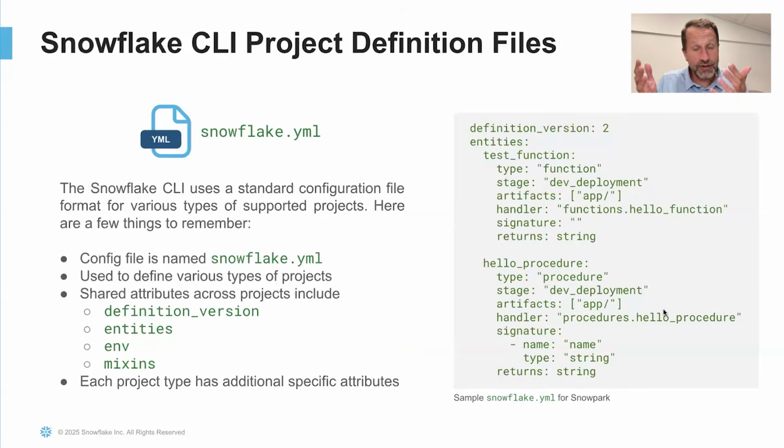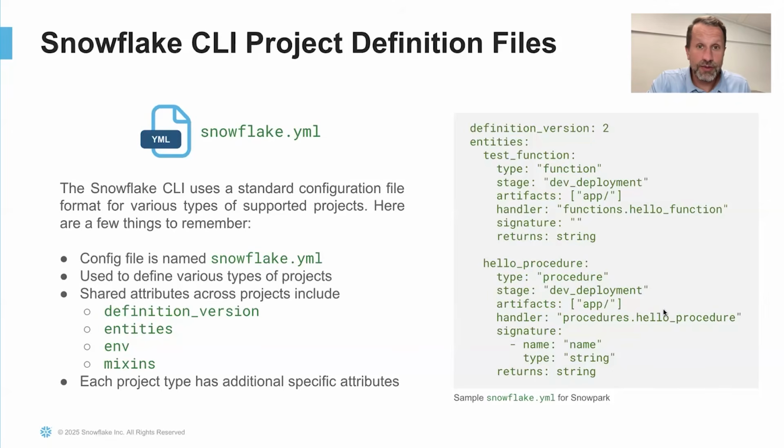So if you're working with Snowpark, you're going to have a config file that has attributes about Snowpark objects. If you're working with a notebook, you have things about a notebook. So various config files for that. With DBT projects at the moment, there's not a dedicated Snowflake YAML file. The Snowflake CLI tool doesn't need that for the DBT projects. But for all the other types you're going to be using and deploying, you'll need to be aware of that